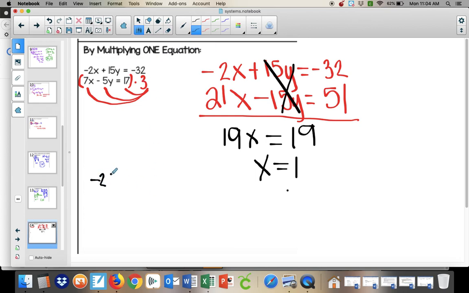All right, let's plug that into the top one again. Negative 2 times 1 plus 15y is negative 32. All right, this is a negative 2. So in order to get rid of that, I'm going to add 2 on this side. I'm left with